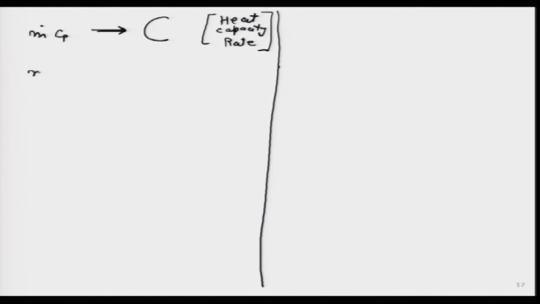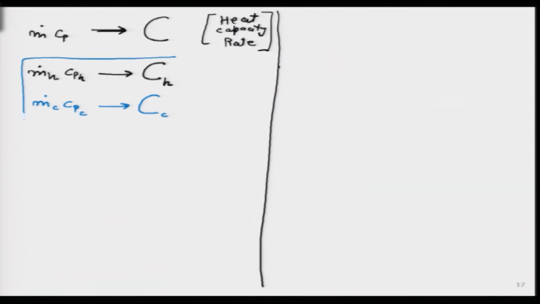What it means over here is that if I am talking about the hot fluid, I will write m dot h multiplied by Cph, and this capital C will become C with a subscript h. Okay. And when I am writing it for the cold fluid, m dot c multiplied by specific heat Cpc, then what I get is the heat capacity rate, capital C with the small subscript c. So, do not get confused, there are too many c's over here: one is for cold, one is for specific heat, one is for heat capacity rate. If you remember those symbols, I think it is very easy and straightforward to figure out.